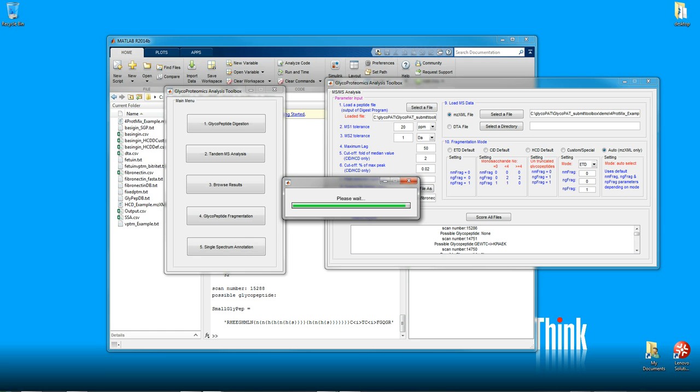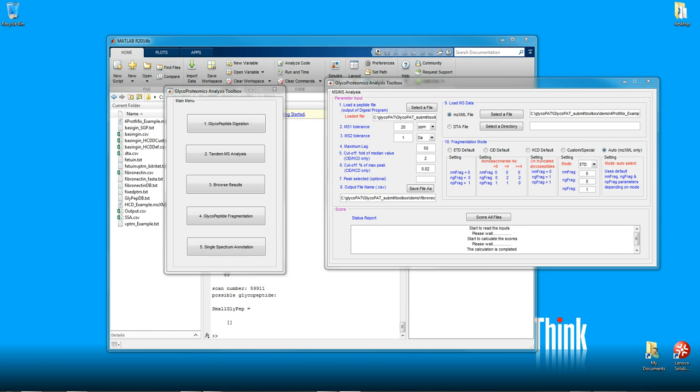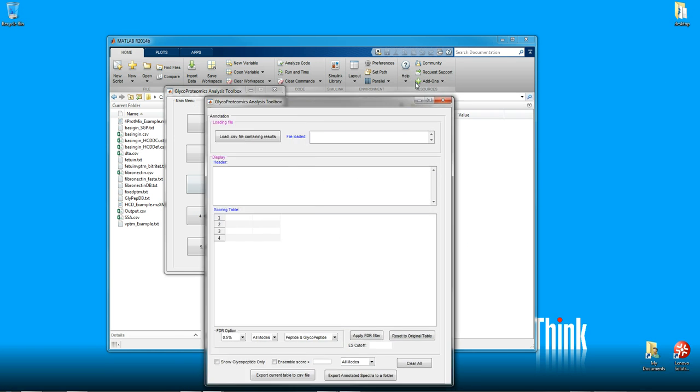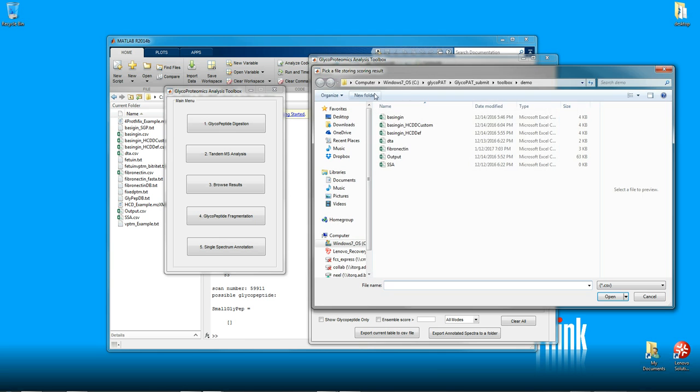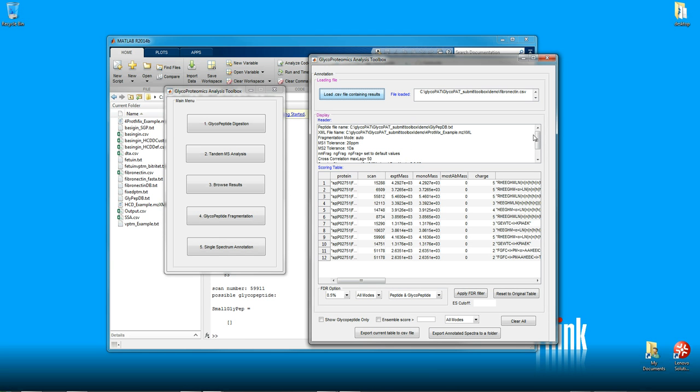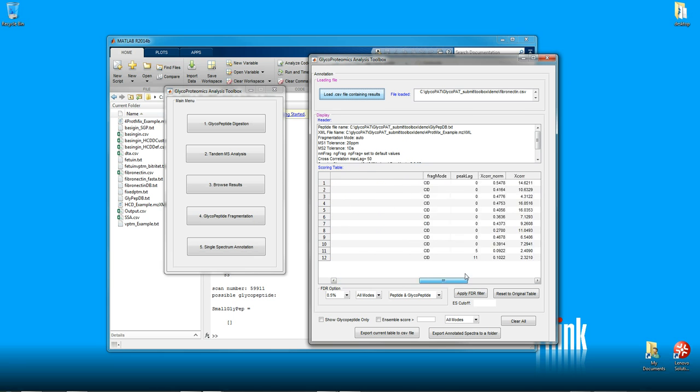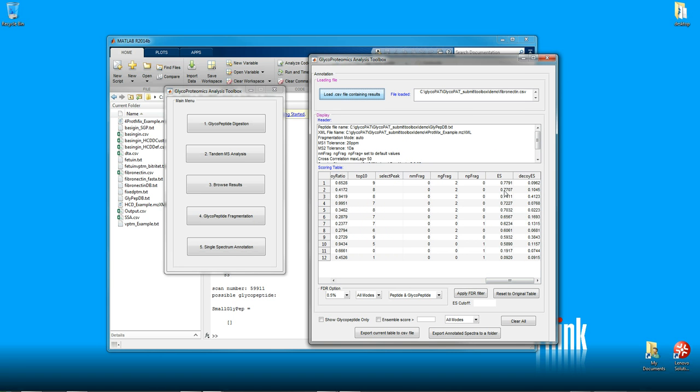The analysis takes a few minutes. Once the analysis is completed as indicated, we are ready to browse the results. Loading the output file from the previous step brings up two tables containing the header information and the results. In the results, the final findings are arranged in order of descending ensemble score values, and there are also additional